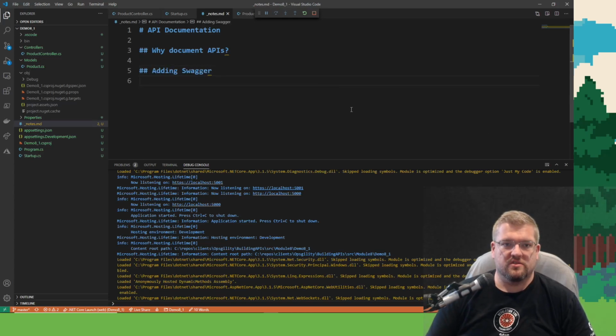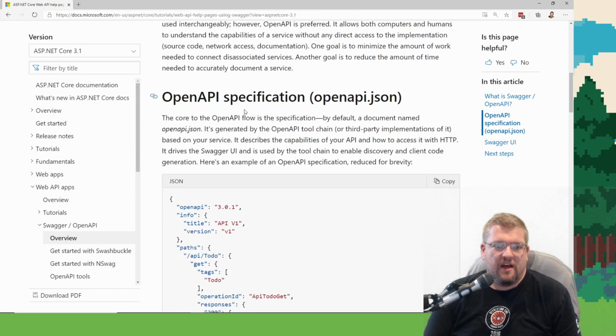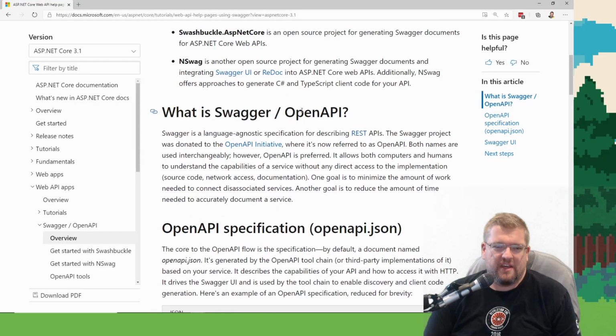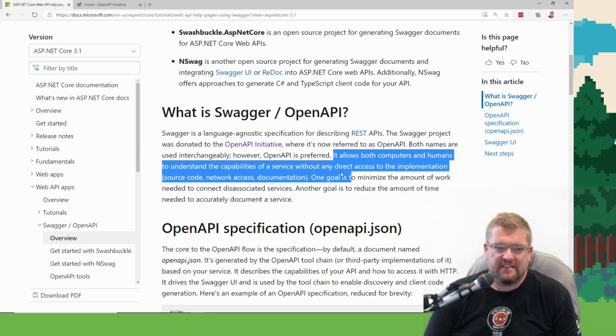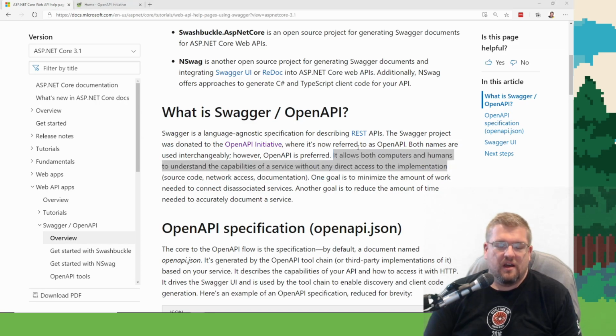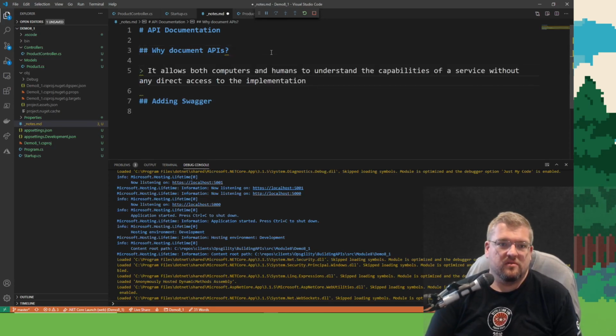All right, so let's dive in here. Open API specification. It allows both computers and humans to understand the capabilities of a service. I like that. Without any direct access to the implementation. I'm actually going to copy that.